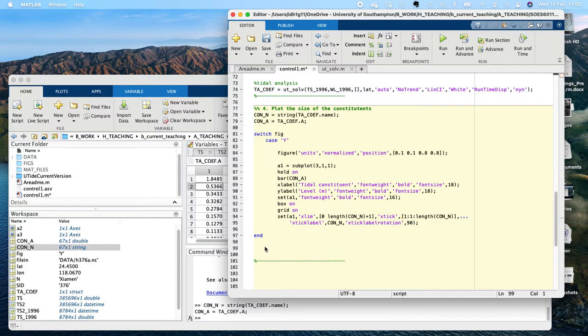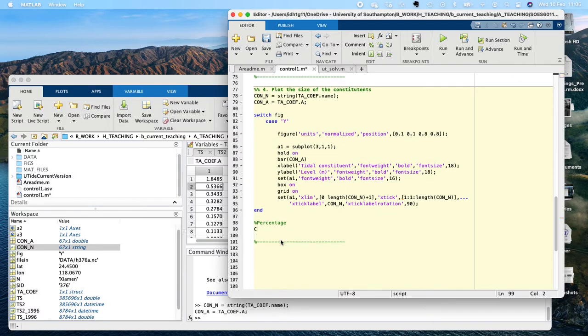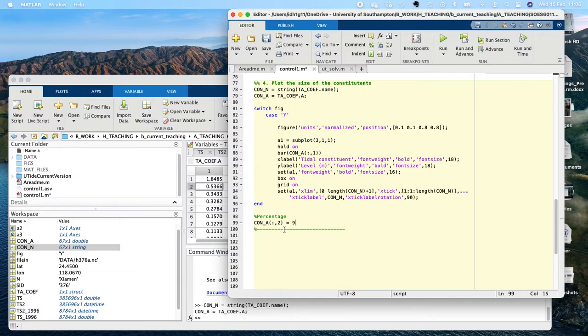Now what I'm going to do is plot the percentage rather than the actual size. I want to know what percentage is of M2. So I'm going to make this row 2, and I just need to go here and make sure I only plot row 1. So con A2 is going to be,